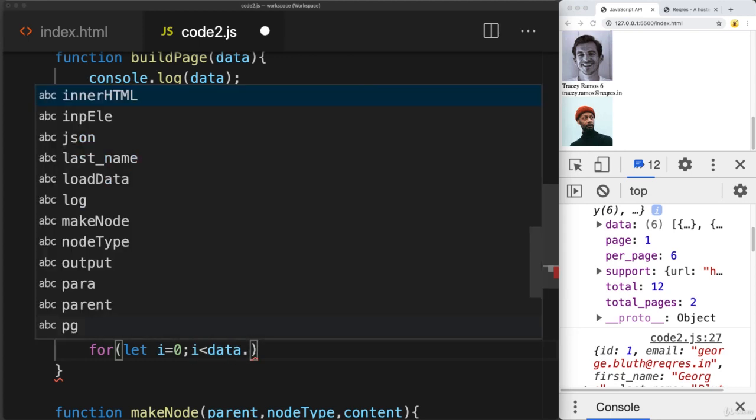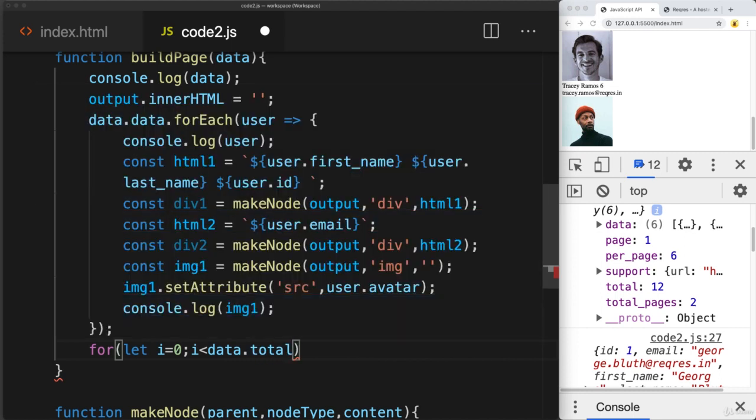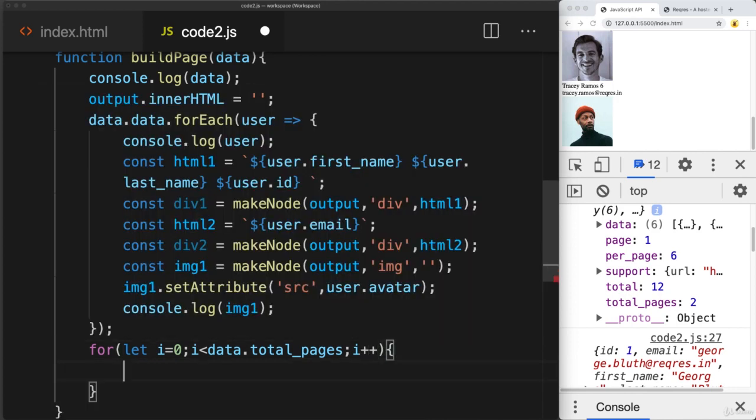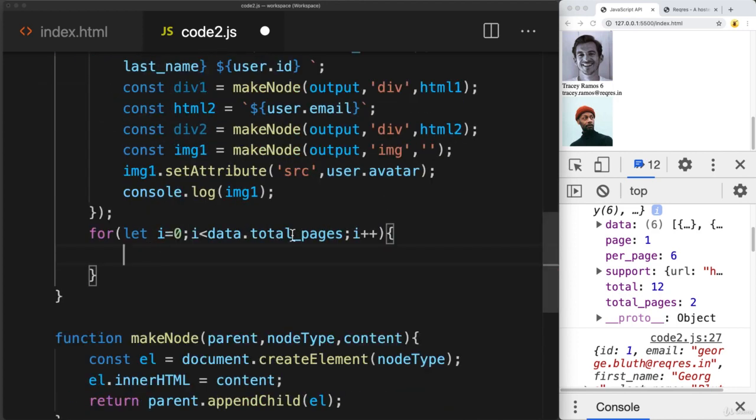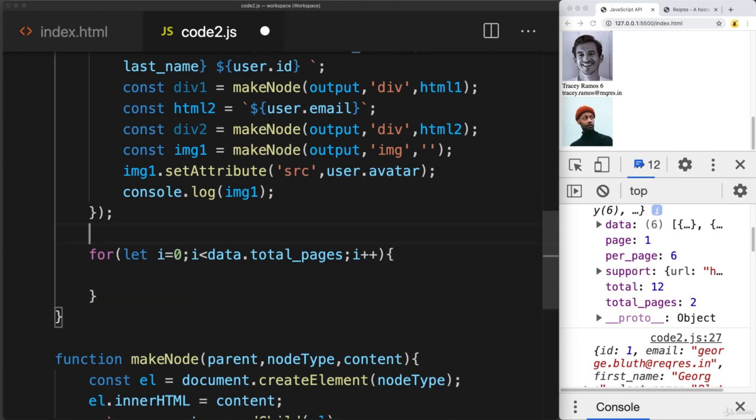And while it's less than data total pages, and then increment I by 1. And this is where we can add to the bottom. So let's construct a div, and this is going to be our container div. So this is where we can add in the page content. So just make a blank div